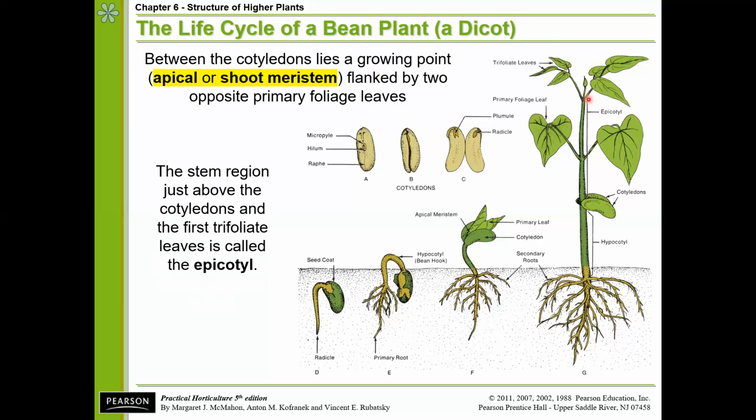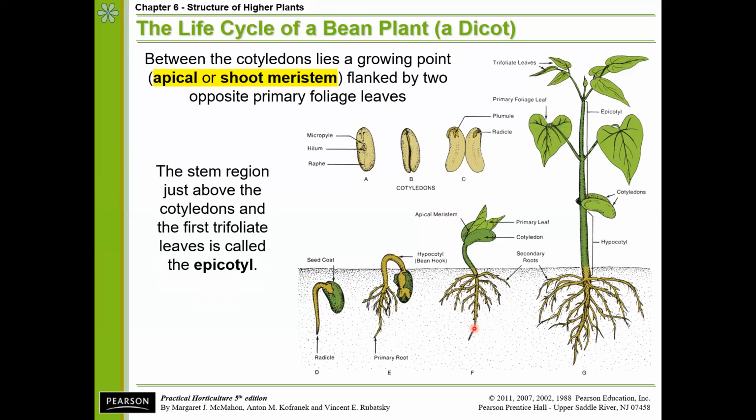Between the cotyledons themselves, as it's emerging, we have this apical or shoot meristem, and that's kind of the growing point where cells are actively dividing. There's a meristem in the shoot. There's also a meristem in the roots as well. But just think of those as areas where the cells are actively dividing, but also differentiating. So the cell itself, kind of what we think of as a stem cell, both figuratively and literally in this case,